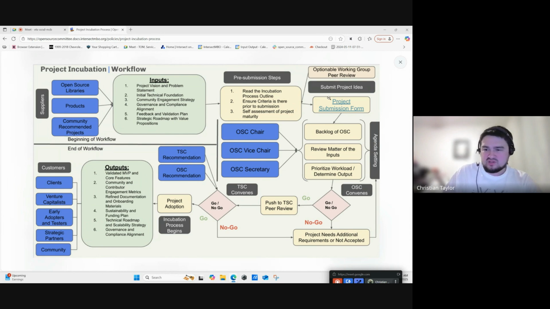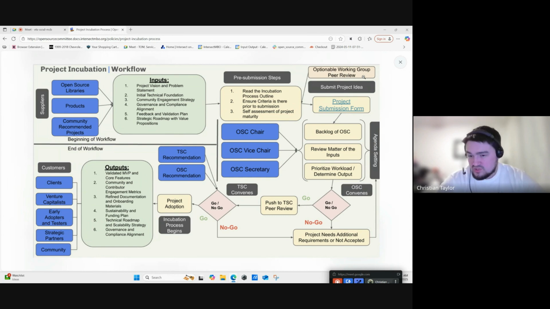And then once you get to this step, we do have an optional working group peer review. So if the open source committee has active working groups, you can run your project by them prior to submission to make sure you're aligning with criteria. This would mostly be for the tooling working group right now that's overseeing a sustainability budget. They have their own criteria for what they're doing within that program, but that criteria could help with this too via how they're managing that.